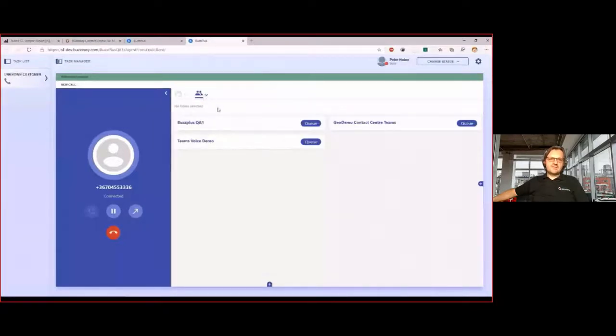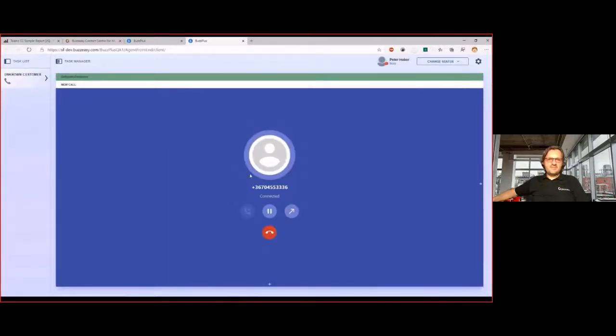You can also transfer to queues. And as we don't have that many queues, but if there were a lot of queues, I can search on the queues. And by the way, I could search for the agents as well. So there is a search interface. So I started typing Teams, almost Teams, it's just T, but it still filters the Teams related queues here in our contact center. So this is the user interface from a call perspective.